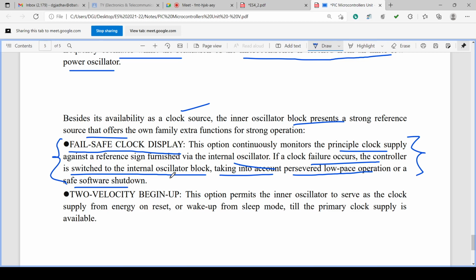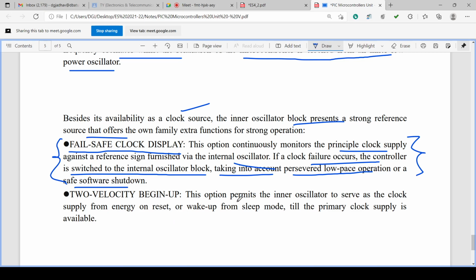So that next time whenever it is started, the current status of various variables and the registers are available, and from that point onwards the execution will start, or the saved values are useful for further processing. In this way, whenever the clock fails, it is taken over by the internal oscillator block and the system is safely shut down. Then there is two-speed start-up in this option.